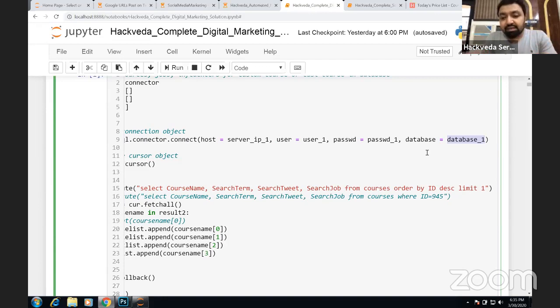Due to privacy reasons, I could not disclose the server IP, username, password, and the name of the database. Hence, I have used variables over here, but you can directly specify the information as per your availability. But it's a good idea to have it in a single variable somewhere in the top cell, so that in case there is any modification, you don't need to update it everywhere.